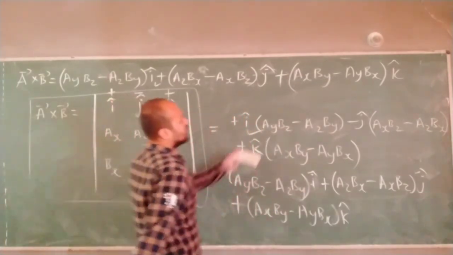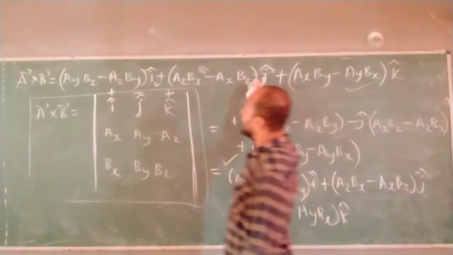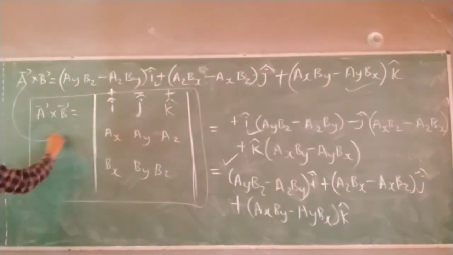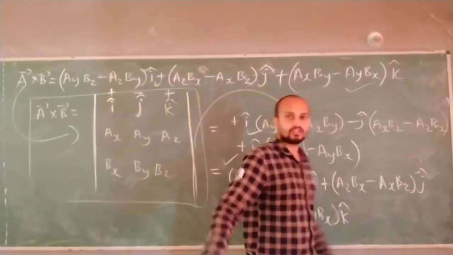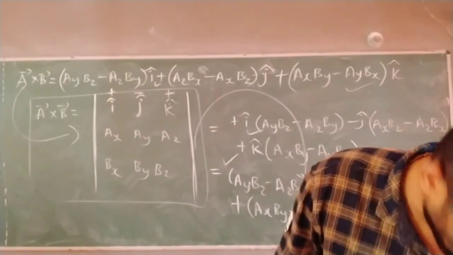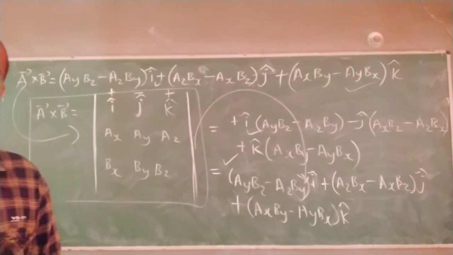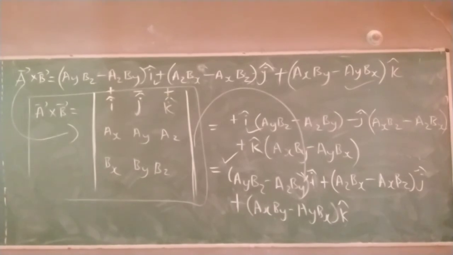Look at this expression, look at this expression. Both are same. So this is the algebraic expression. If you know this expression, you can write in terms of determinant. If you know determinant, you can write in terms of equation. Both possibilities can be done. So this is the way to find it; once I take numericals, you will understand.